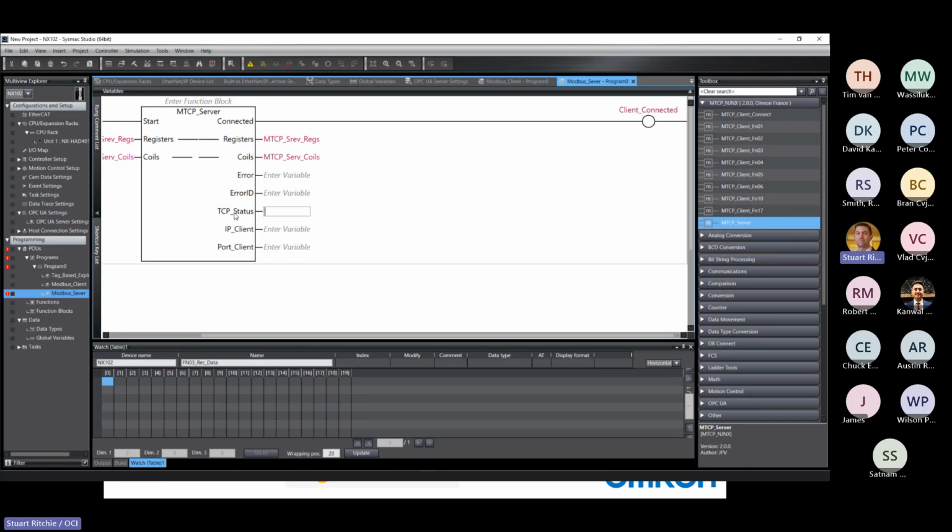And then we have a few information type tags down here. So we can check the status of our connection. We can check the IP address of the client that connected to us, and we can also check the port that the client is using. So they're always going to connect to our port 502, but they might use a different port, and that'll just tell us the port. It's really not that important, but